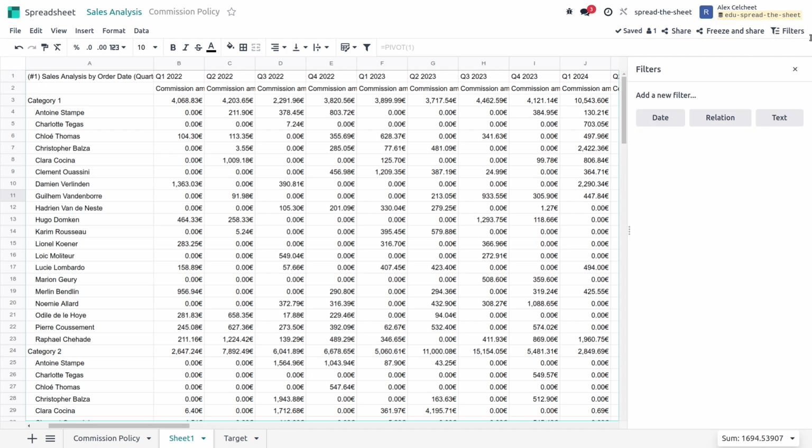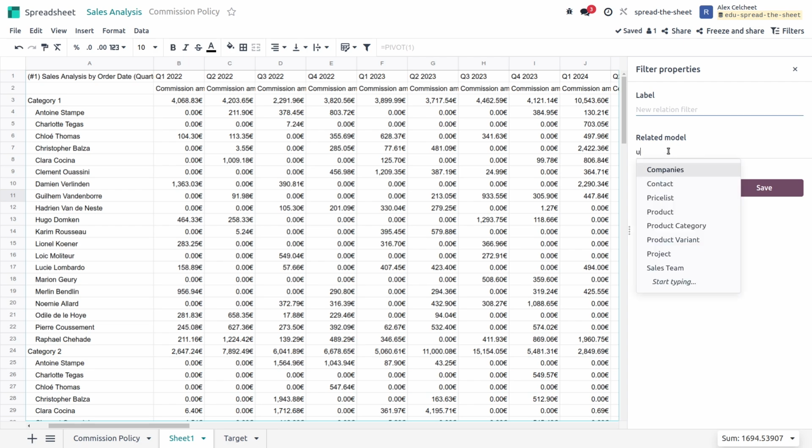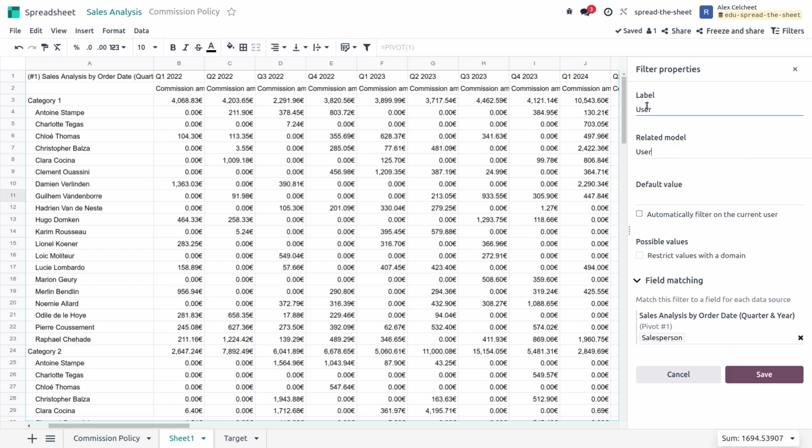So I'll click on this filter button and add two filters. First of all, a filter on the salesperson. So the salesperson is a field on my sale that is connected to a certain user. So I need to connect to the model user in order to filter on the salesperson. So here I will select related model user, call my filter salesperson, and then I also need to put a